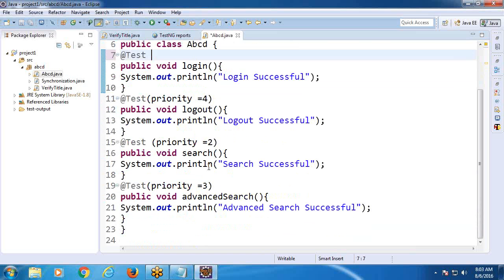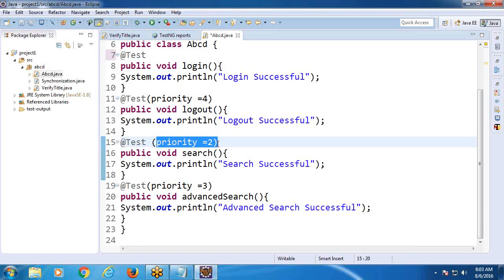Next, search depends on methods. Search depends on methods login. Observe the syntax: dependsOnMethods equal to, curly braces within double quotes,